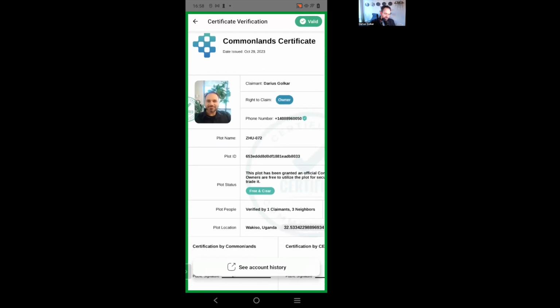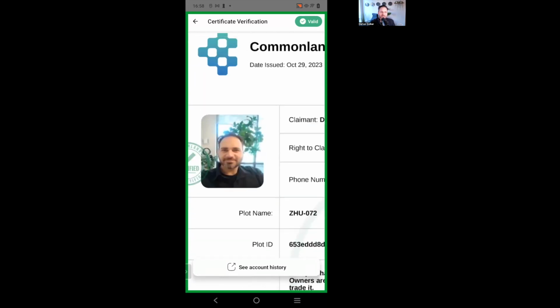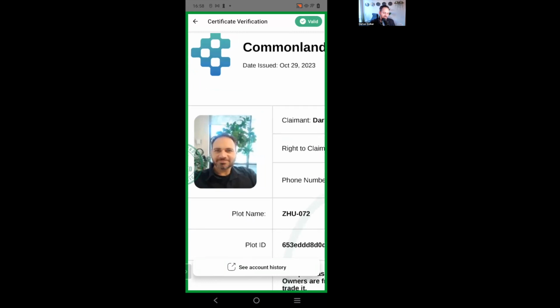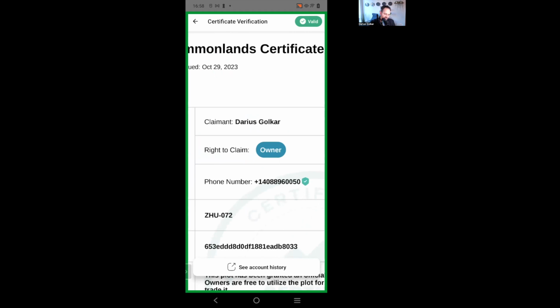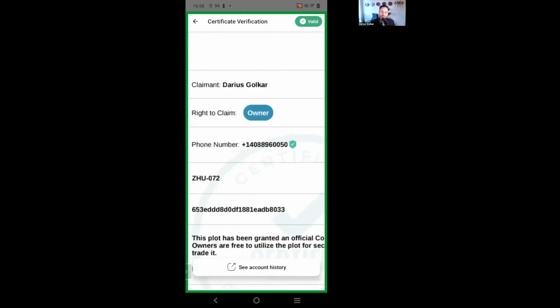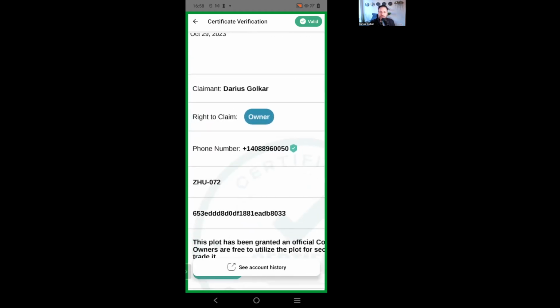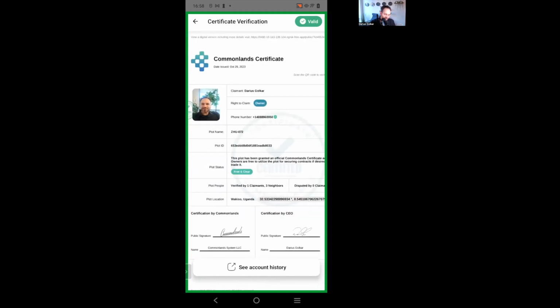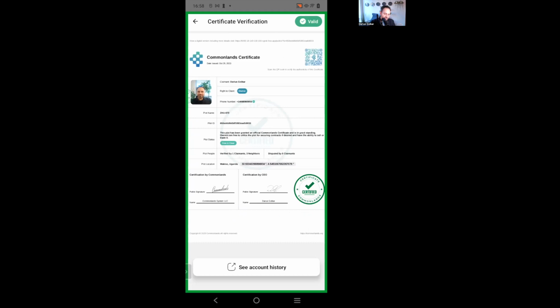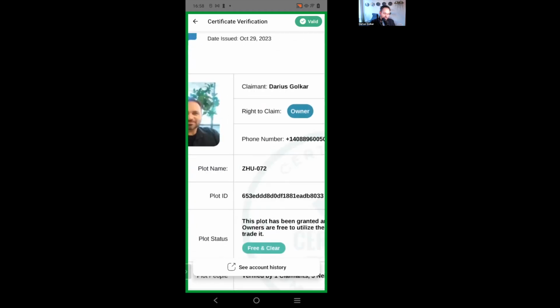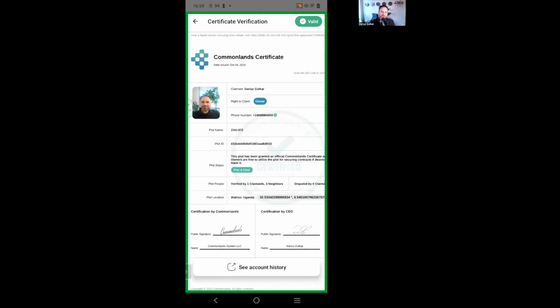But we then can verify, okay, this is the face. So whoever you're dealing with, does that match? Does the name match? Does the phone number match the phone number that you are able to verify with that person? And if all of that matches, you can then go to the map and you can go to this plot ZHU072 and you'll know with certainty that I am the owner.